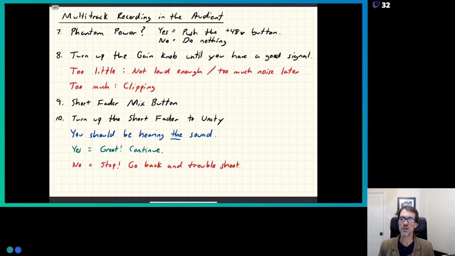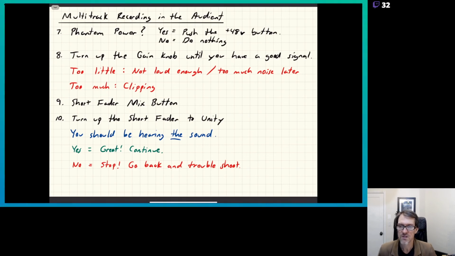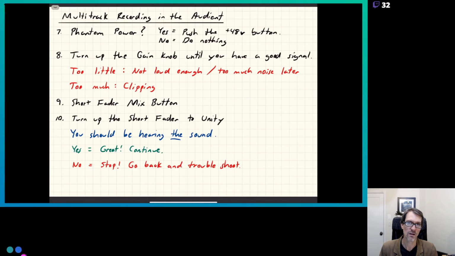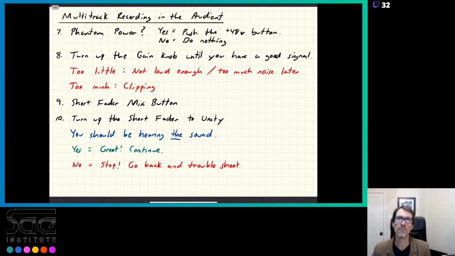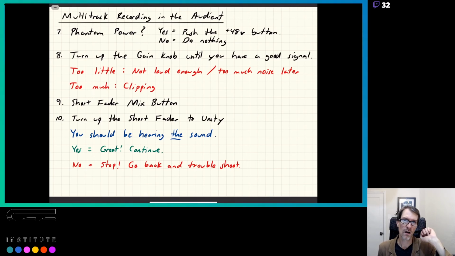Number 9, go to your short fader and push the mix button. Number 10, turn up the short fader to unity. Now, at this point, you should be hearing sound. If you're not hearing sound, turn that fader back down and then check out your master section. On your master section, remember, you've got the master fader up, you've got the cut button unpushed, so it's not lit, and you've got your